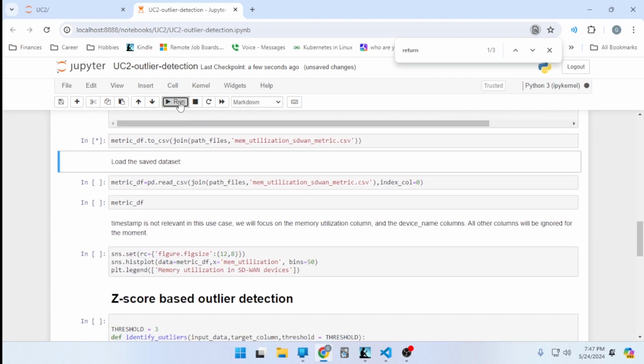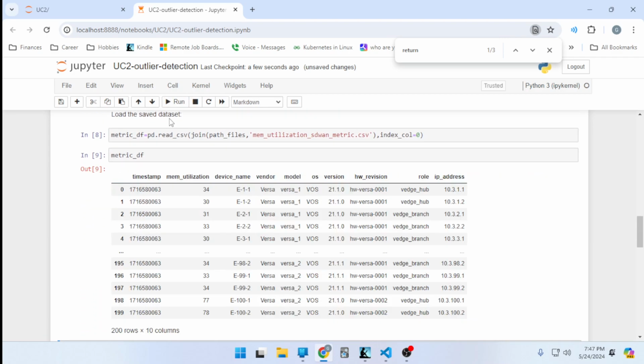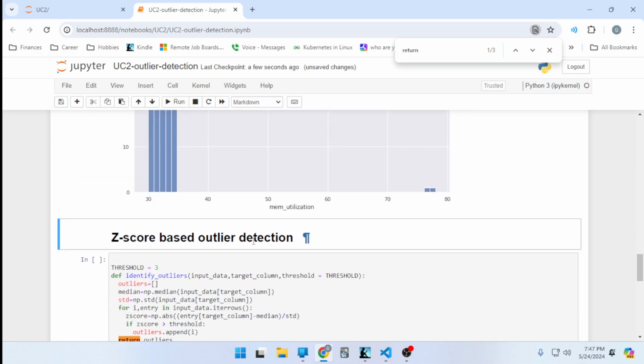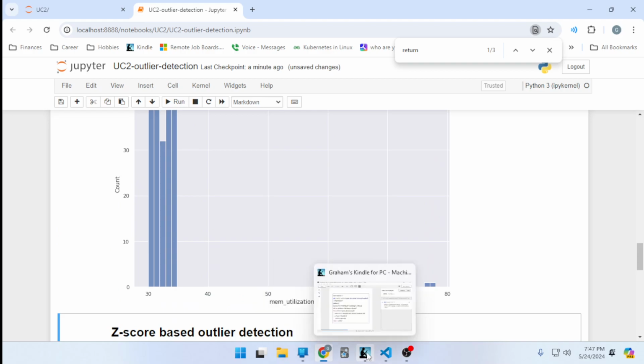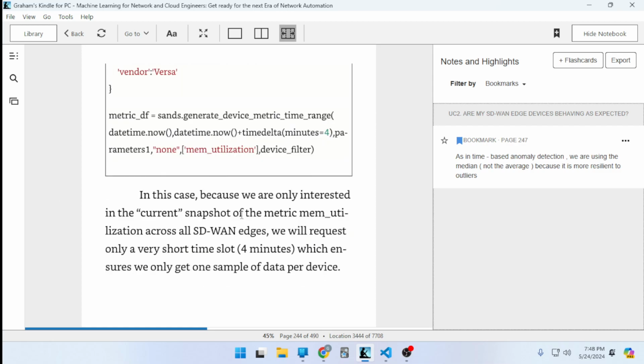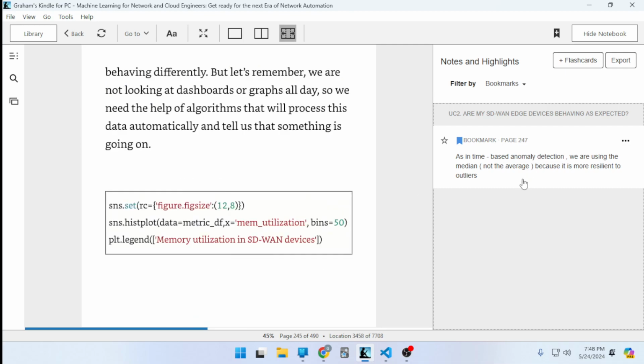Okay, so we should see a lot of the same graphs that we saw before, but we've got this new section here for z-score outlier-based detection. So yeah, there's the graph that showed up here. Yeah, so that looks a lot better now. Before it kind of wasn't lining up. So yeah, because I was using the wrong